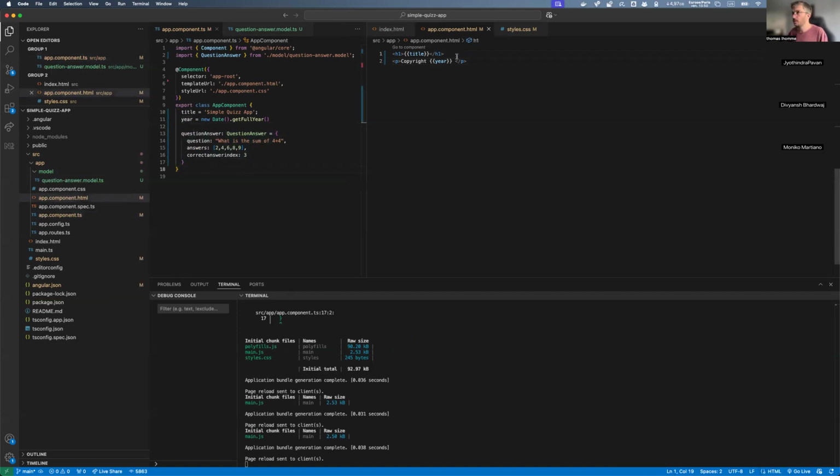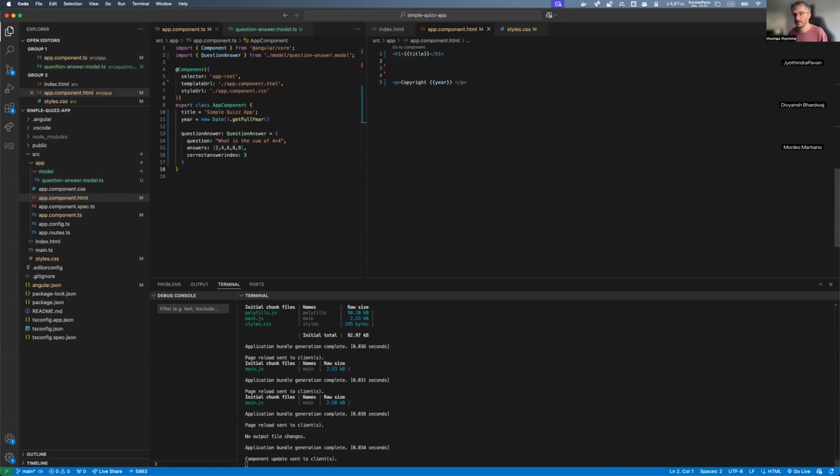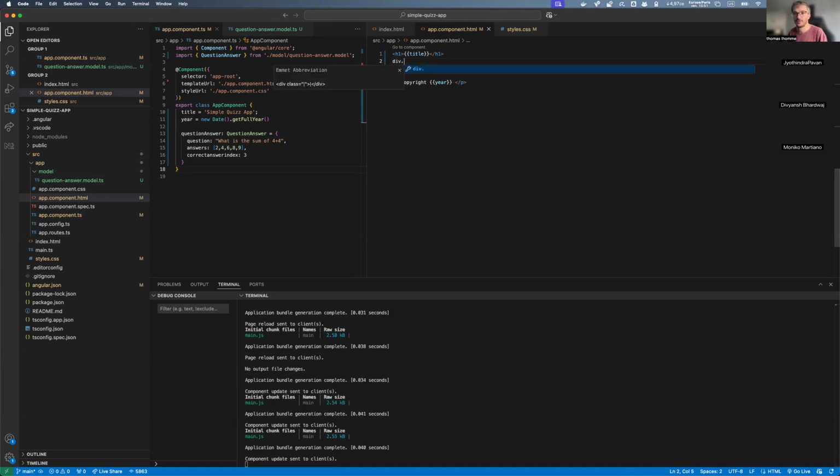Okay, great. So what I'm going to do is create some div, some structure, a little bit. There is a thing called Emmet that simplifies a lot when you want to code. If I want to create a div that has a class called question-answer, I can do this: div.question-answer, right? And at the end, it just generates the div with the right class here. So this is a cool thing that you can use. Go faster: question-answer, and you have your div here.